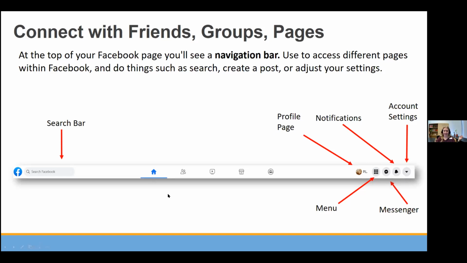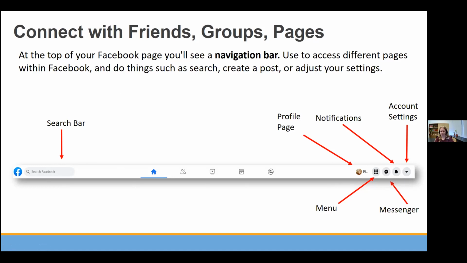And then in the middle, you'll have a series of 5 icons. And then on the far right side, you'll have another series of icons. The top of that page is known as the navigation bar. And then to access those different pages and do stuff, you would click on these things across the top to get to those pages. So you can use the search bar to search for specific people, bands, groups, businesses,